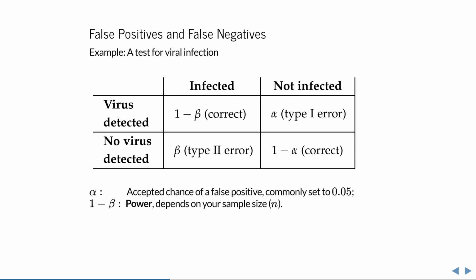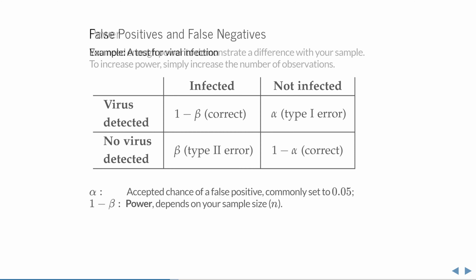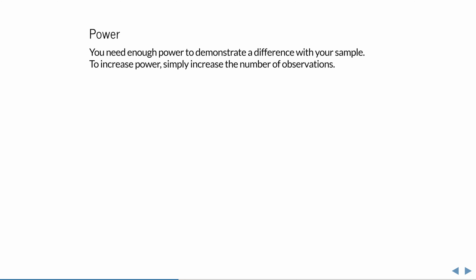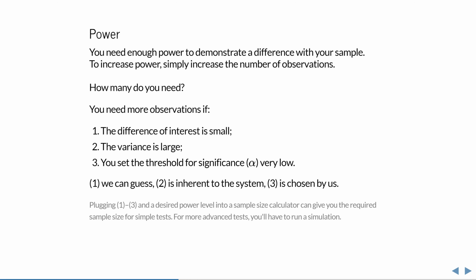The chance of a false negative cannot be directly controlled. But of course, the more samples you collect, the closer you should be to the population, and therefore the better your chances of concluding a significant difference if there is a real difference in the population. How many observations you need precisely is something I'll discuss later on. But here's a rough guideline of all the things affecting the required sample size. If the difference you try to demonstrate is very large in the population, then of course you don't need many observations to also see it in the sample.